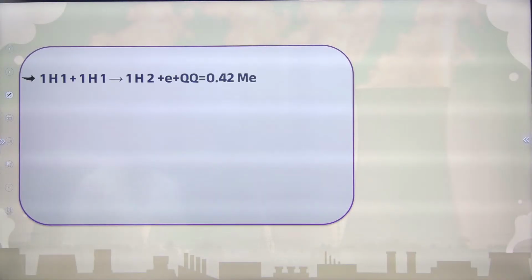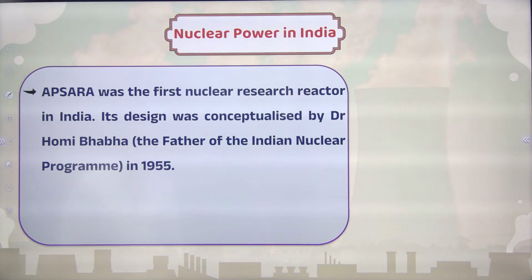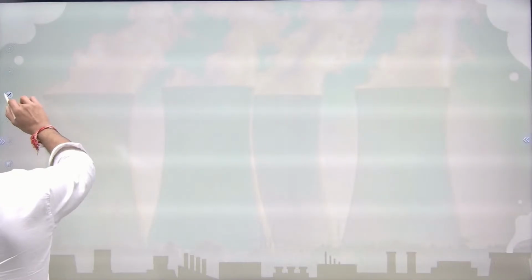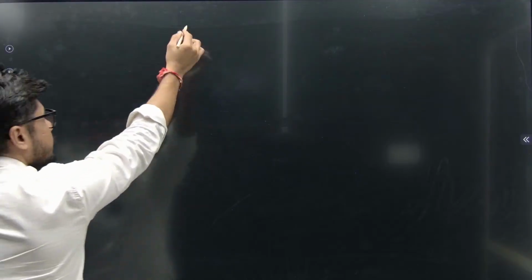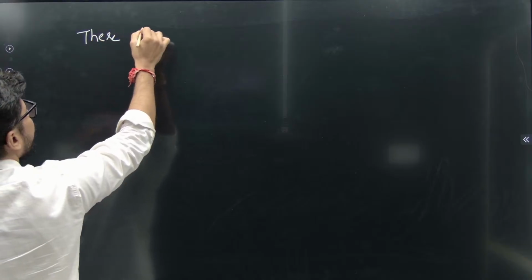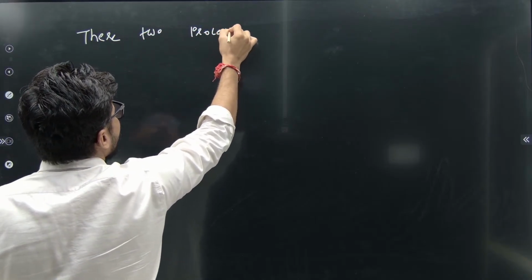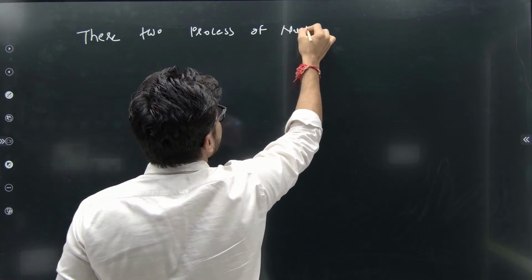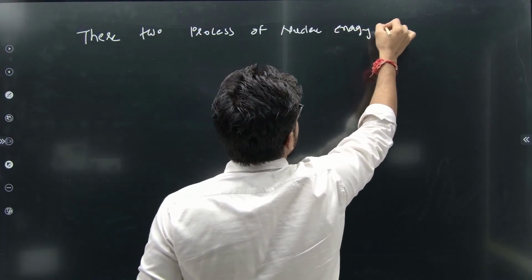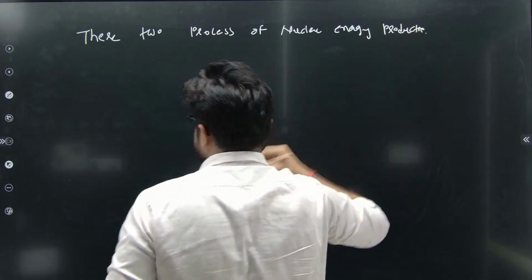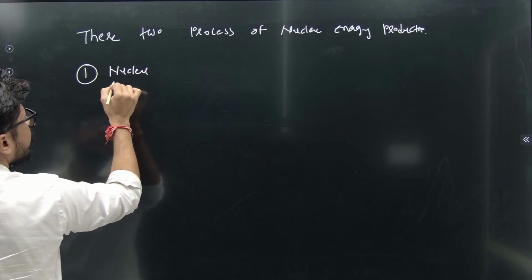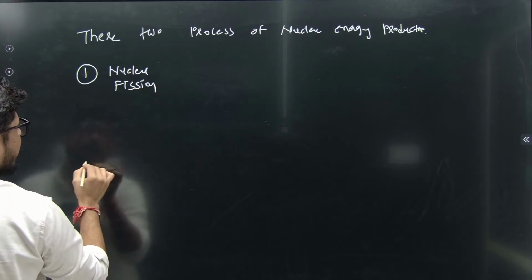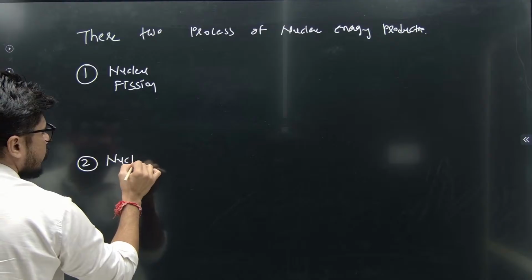So again, let us summarize this. Okay, there are two things: two processes of nuclear energy production. One is nuclear fission and the second one is nuclear